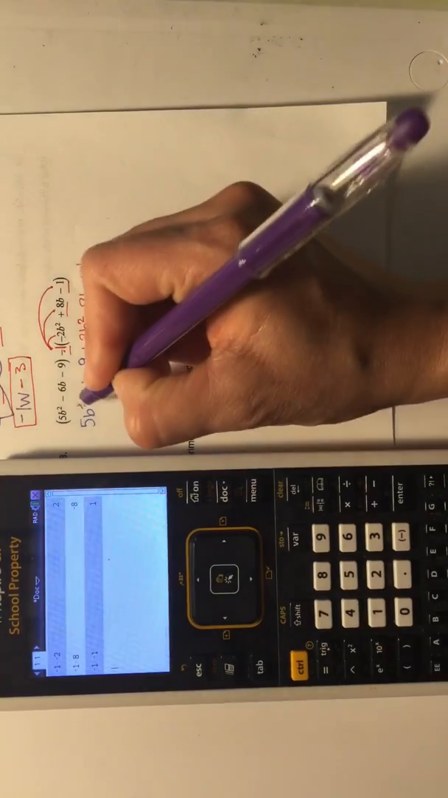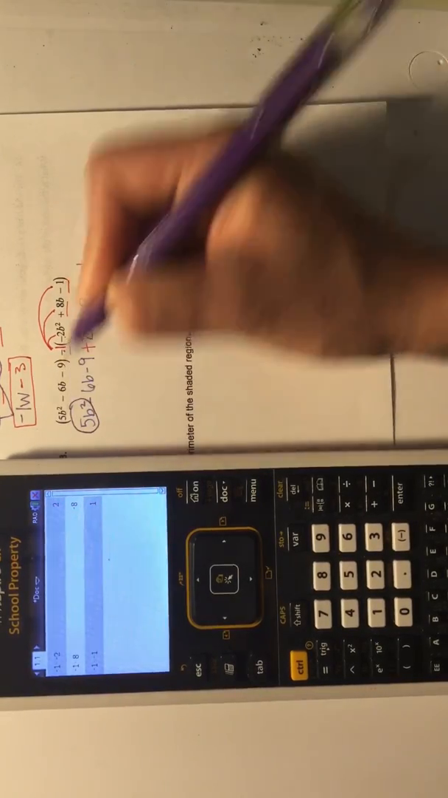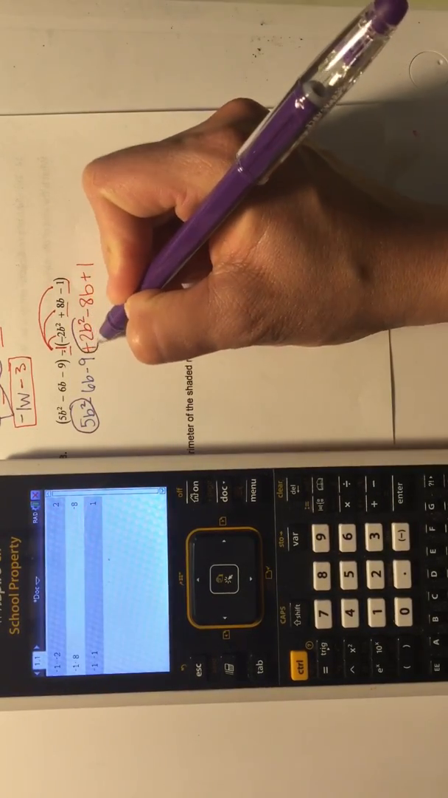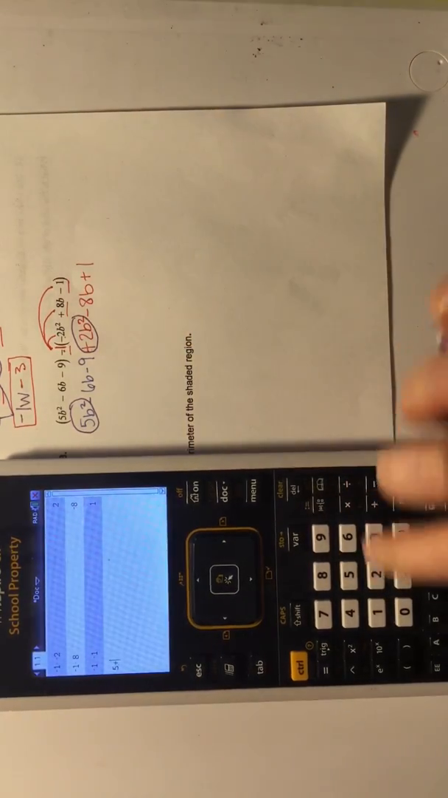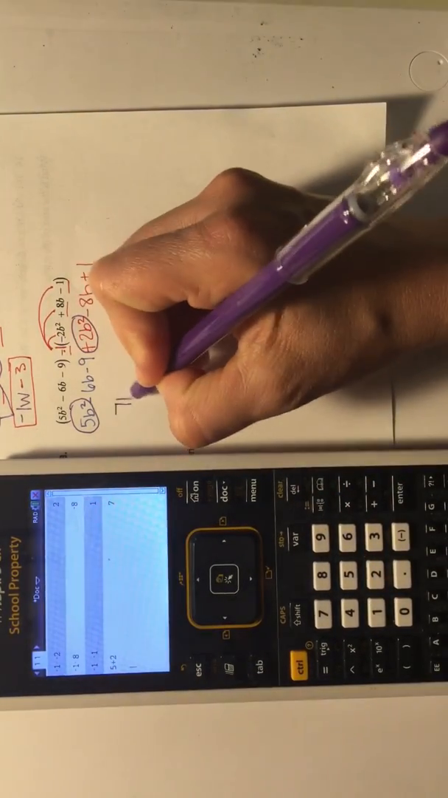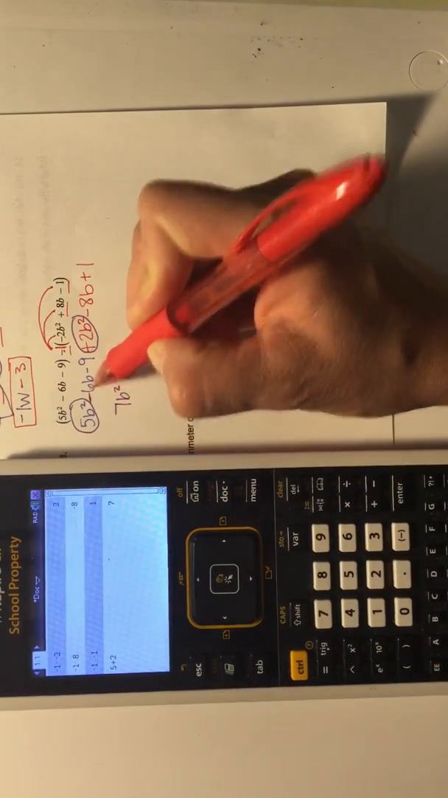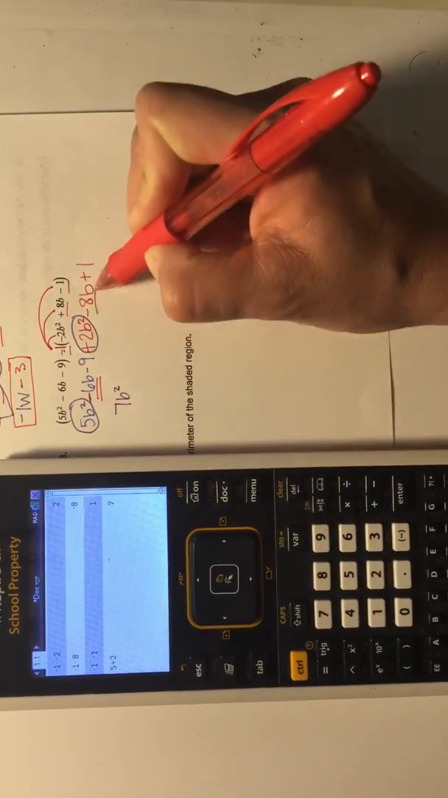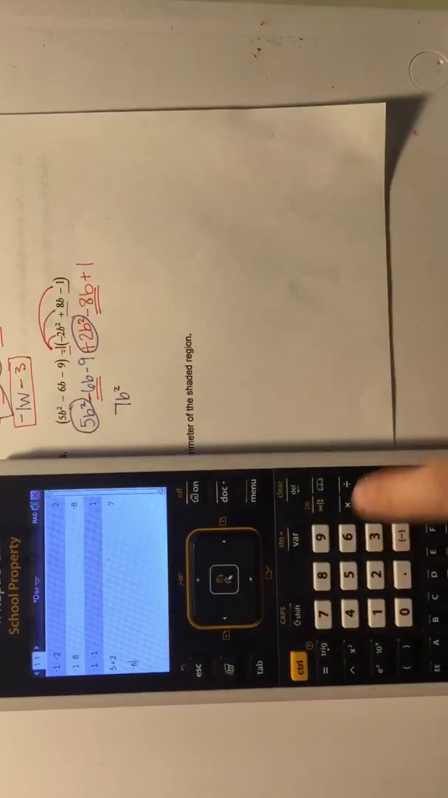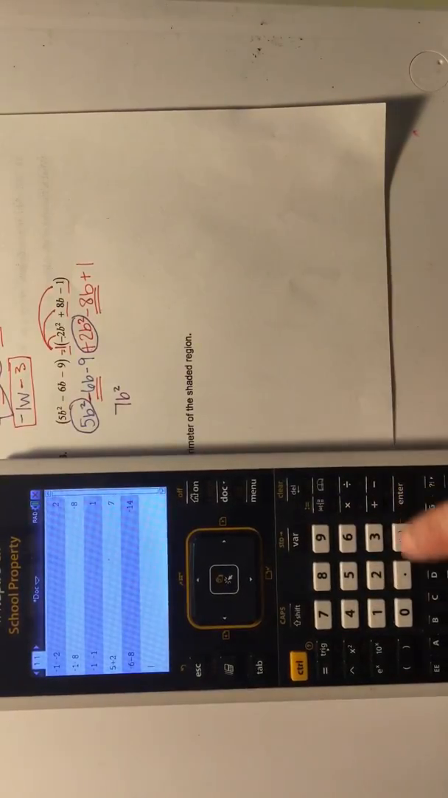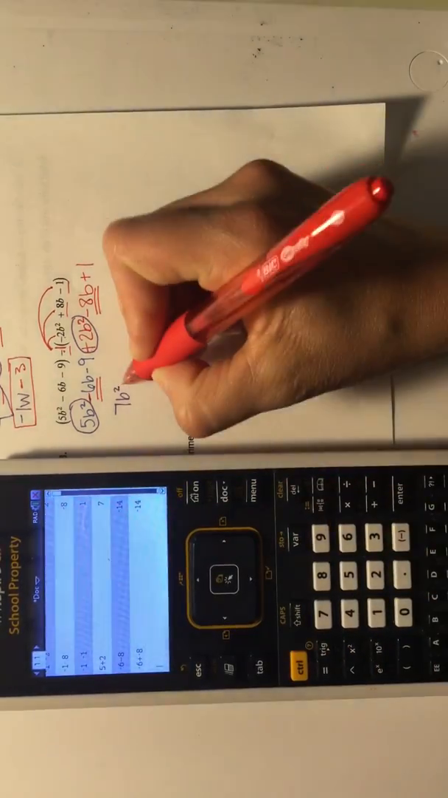So you're going to combine 5b squared with plus 2b squared. So 5 plus 2, 7b squared. Now you're going to combine a negative 6b with a negative 8b, negative 6 minus 8, or you can say negative 6 plus a negative 8. It's the same thing. You get negative 14b,